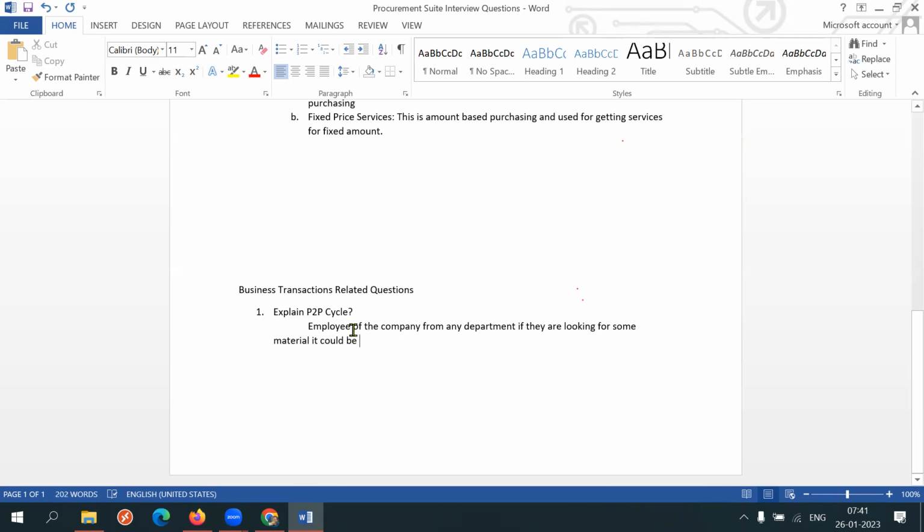Employees of the company from any department, if they are looking for some material, it could be goods or services, they have to formally request the purchasing department to procure the material, for which they have to create